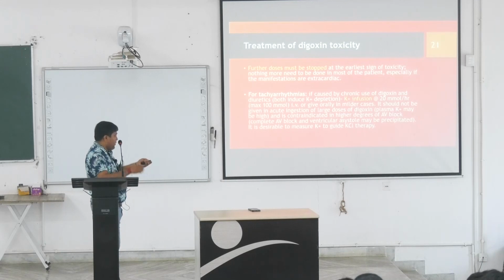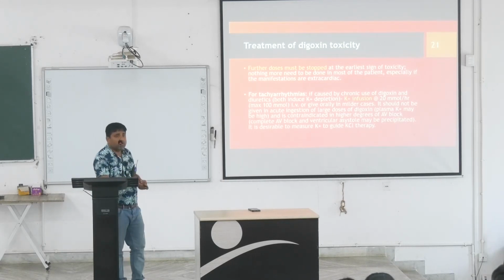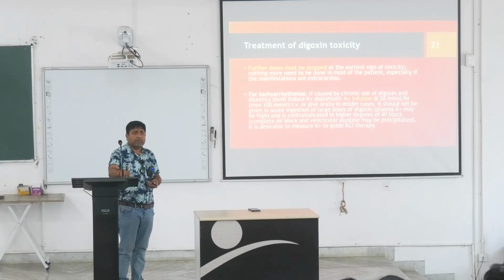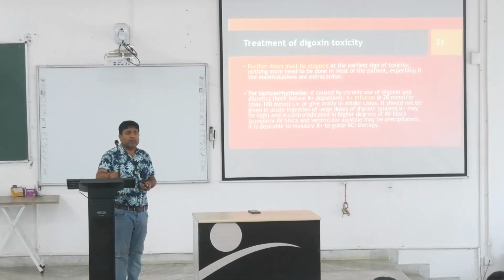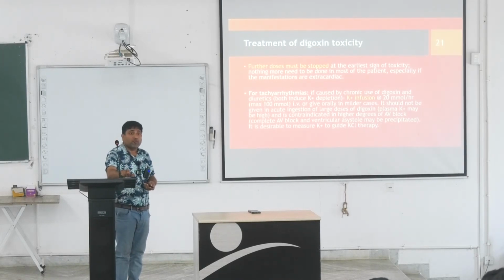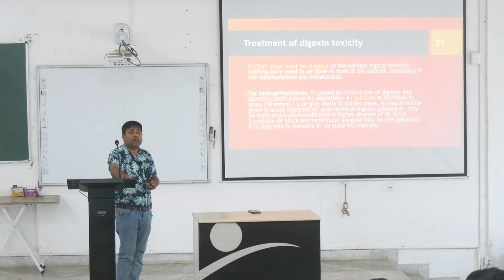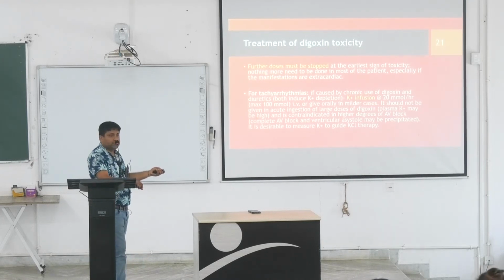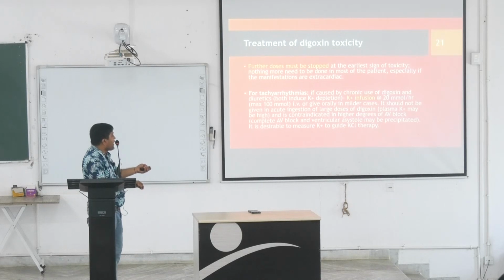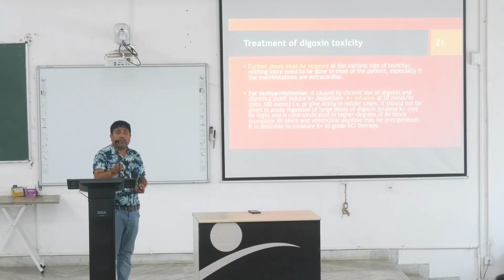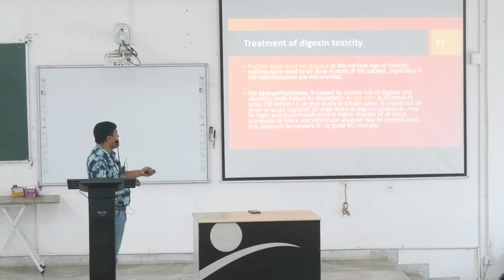In case of acute large dose toxicity of digoxin, hyperkalemia is occurring extracellularly. If the sodium potassium ATPase pump is blocked, what will happen? Sodium is not going inside, potassium is not going inside, so sodium stays more inside and potassium stays more outside. So in acute toxicity of digoxin, extracellular potassium is increased. If we give more potassium, that will be detrimental. And again, in case of higher degree atrioventricular block, complete AV block may occur and even ventricular asystole may occur. It should not be given.